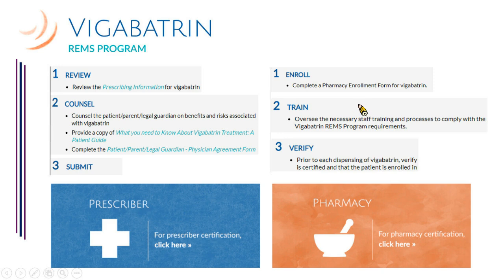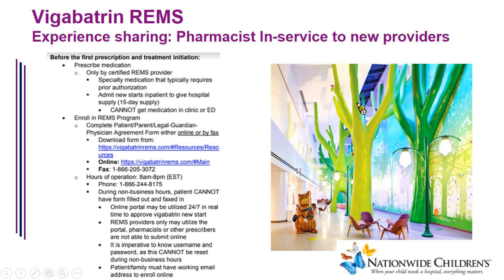As for the pharmacy page, a pharmacy has to be enrolled in the vigabatrin program first, and then be trained. You need to oversee the necessary staff training, helping not only the pharmacy but also their prescribers. And then your main mission is to verify prior to each dispensing of vigabatrin that the physician is certified, and that the patient has been enrolled and registered. So last, I would like to share,